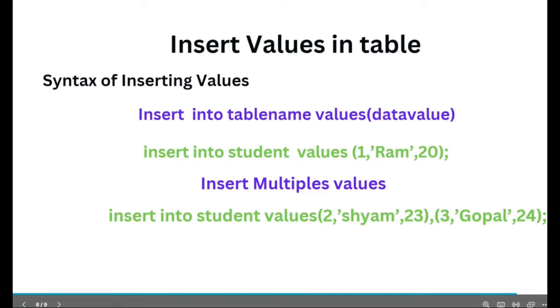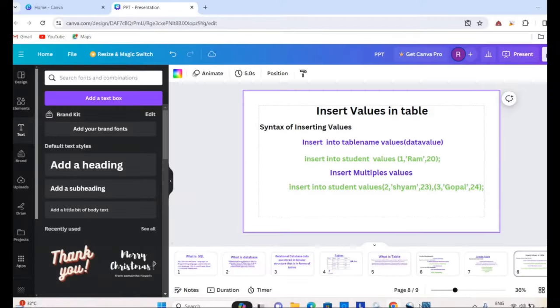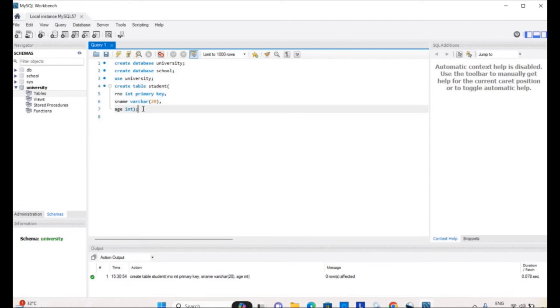In order to insert a value in a table, we will write the next syntax: insert into student values, and we will write roll number 1, Ram and marks 400.